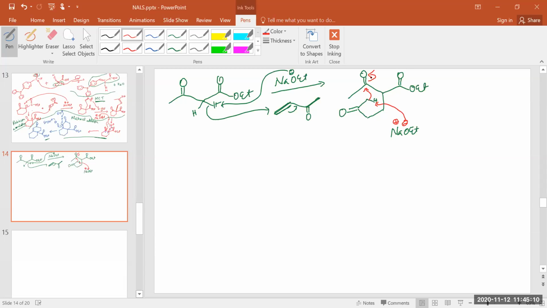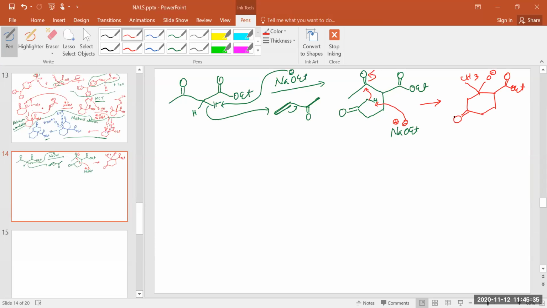And always remember, for Robinson annulation, the ring size will be 6-membered. So you will have it like this. Here O minus, and you have CH3 here, and this carbon has the ethoxy formate, and here you will have